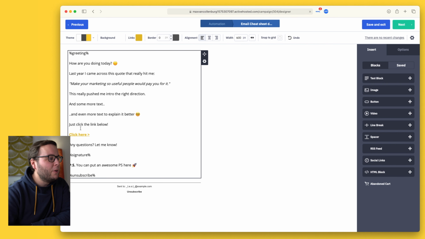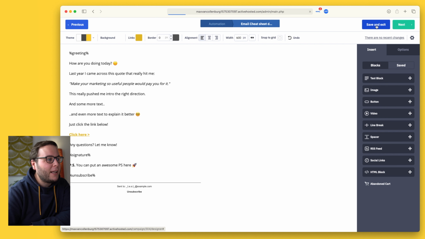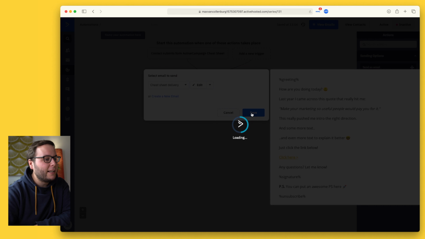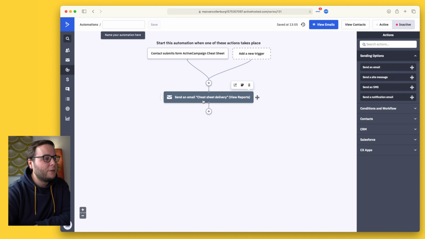And then we have the email from our template. So I'm not going to write this whole email now, but I would just say something like, hey John, here's the cheat sheet you asked for. Just click the link below. Then the link below will go to a PDF in Google Drive, something like that. And then I have my signature and a PS. So here I'm going to click save and exit. So then we created our email. And then over here, we're going to click save. And then you see over here that we have our start trigger and our email.